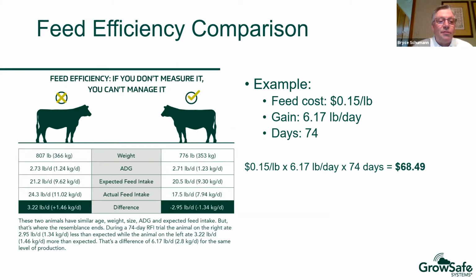And part of that difference in expected intake is the slight difference in body weight. But if we look at their actual intakes, the animal on the left ate over 24 pounds. The animal on the right ate 17 and a half. So the animal on the left ate more than 3 pounds more than was expected. The animal on the right ate almost 3 pounds less. So there's a 6 pound difference in the average daily intake on those two animals to achieve the same level of